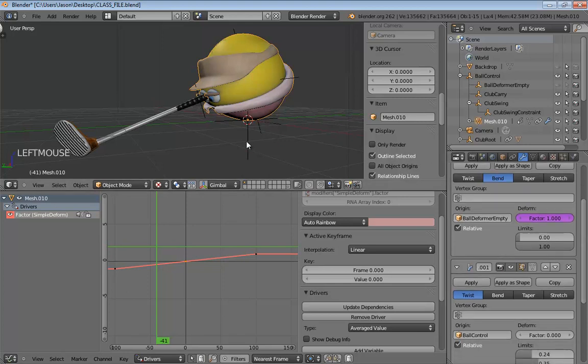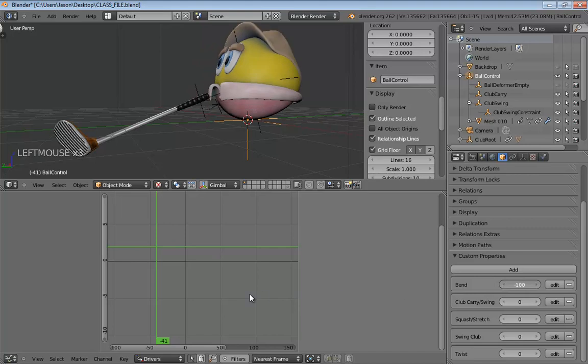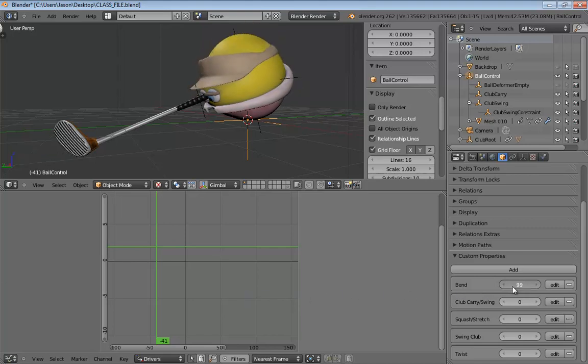Now, if we go back to the ball control, we should be able to completely test out our bend. And all of that should be working wonderfully. Okay. Annie just said, you kept referring to what frame you were on, and I finally saw it in the active keyframe. Yep. So just make sure you have that keyframe selected. Okay, so everything is working. Yes, you can make your ball totally headbang to music right now, and that works great.